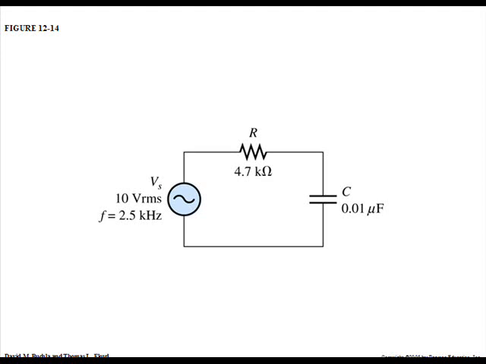Here's some examples. First, what we're going to do is find X of C. So X of C will be 1 over 2 pi times the frequency of 2500 times 0.001 microfarad. Plugging that into our calculator: 6.28 times 2500 times 0.001 microfarads, 1 over x,